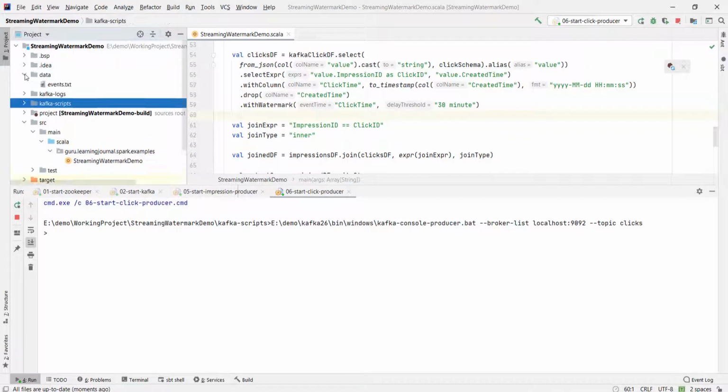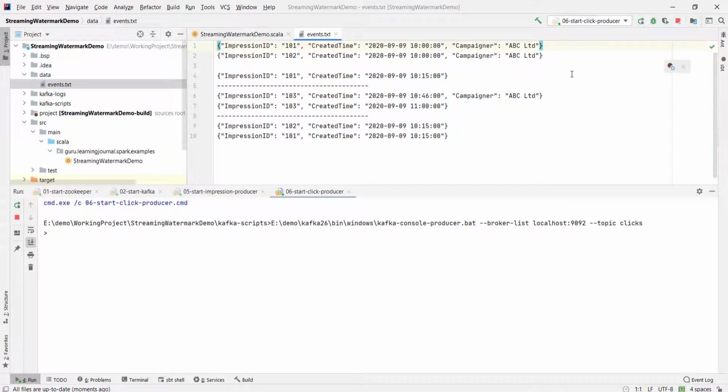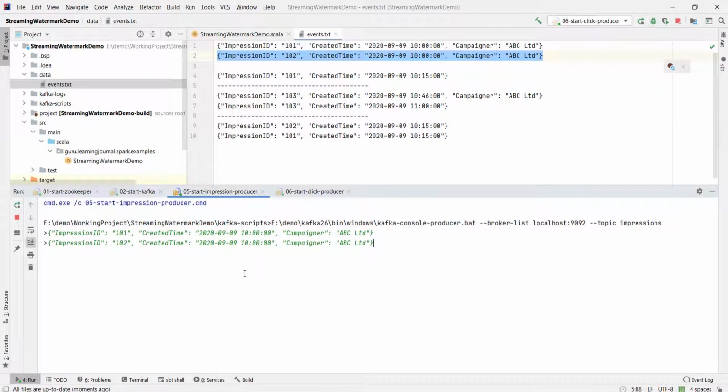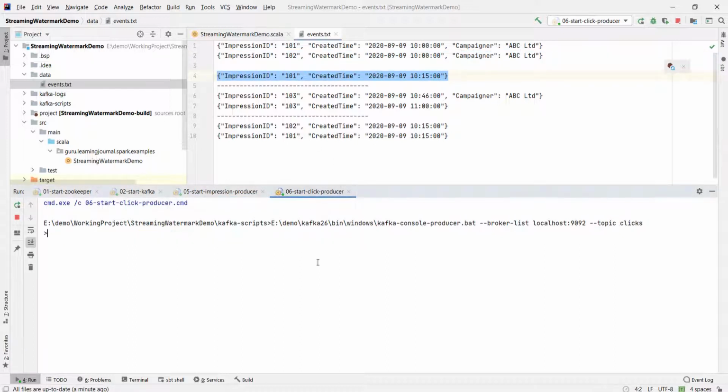We will start with two impressions. Both the impressions are timed at 10 AM, right? Then I'll push one click event as well. The click event is generated for impression 101 and it is timed at 10:15.